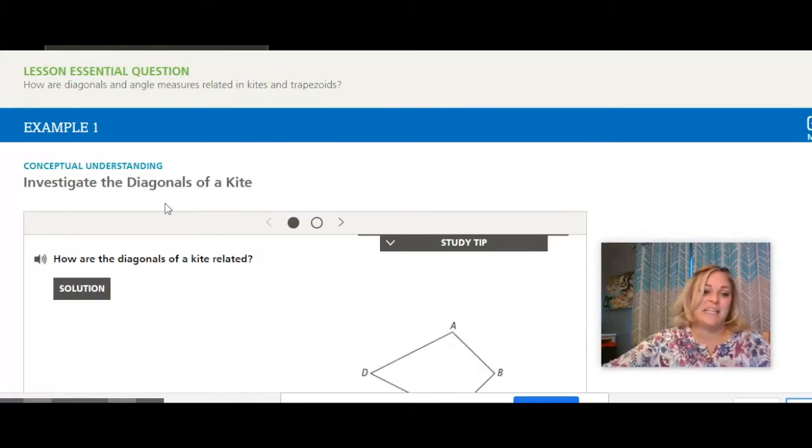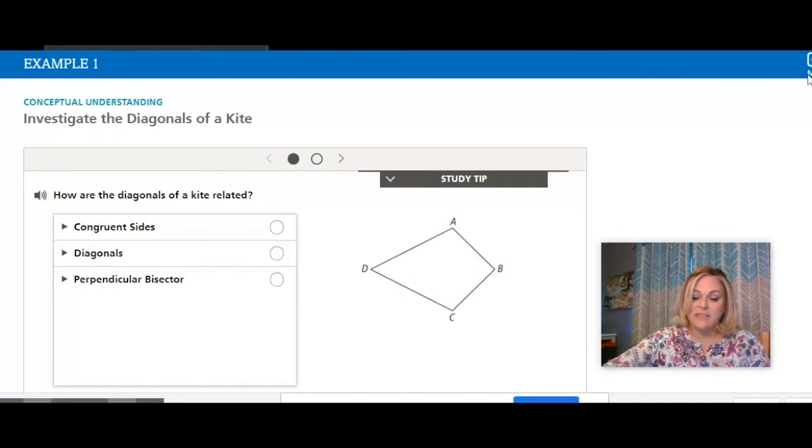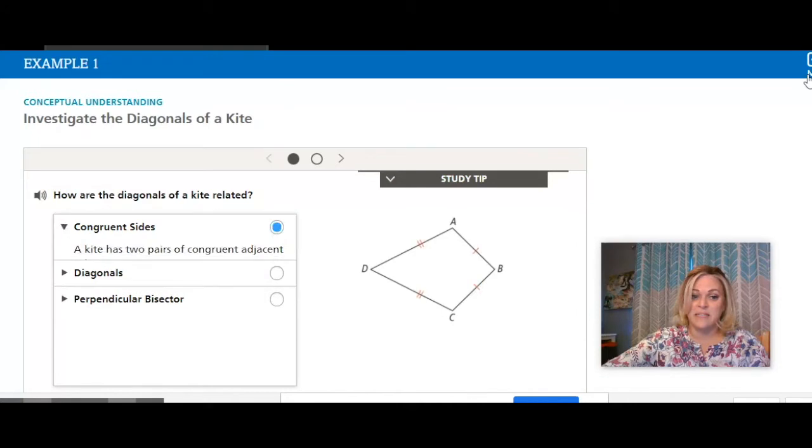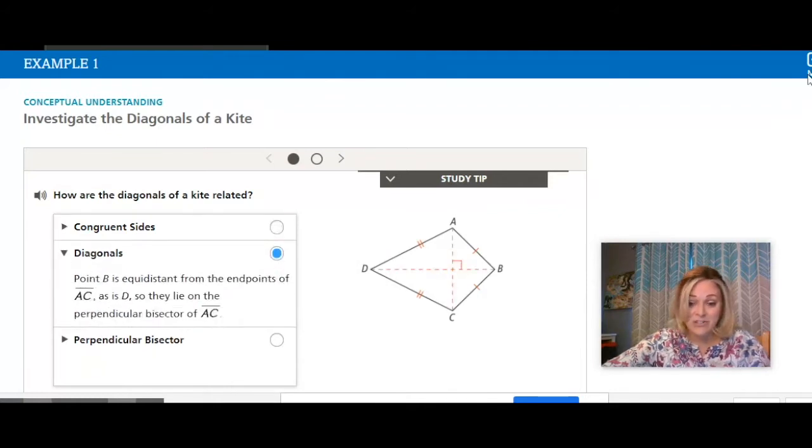Investigation. It says, how are the diagonals of a kite related? So when you look at this kite and when you visualize it, I want to show you the solution. So there's different things in a kite, which we're going to break down. First of all, congruent sides. So if you see these tick marks, AD is the same as CD. So these two sides are the same. The longer two sides are congruent, and then the shorter two sides are congruent,